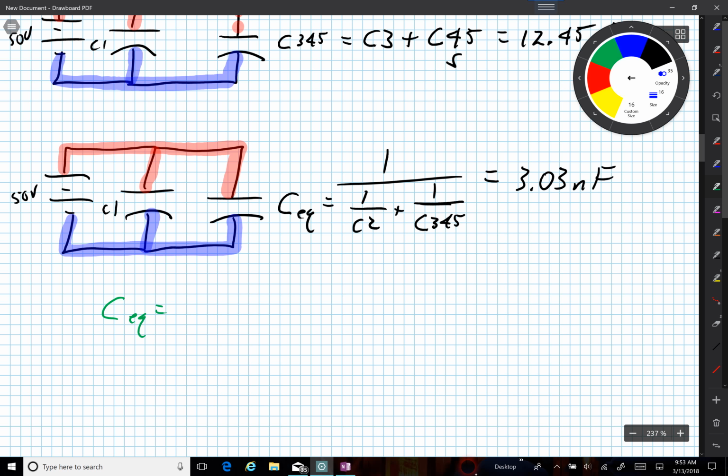C equivalent is Q equivalent over 50 volts. So Q equivalent is C equivalent times 50 volts. And C equivalent is 3.03. So we just multiply that by 50, and we get 151.4